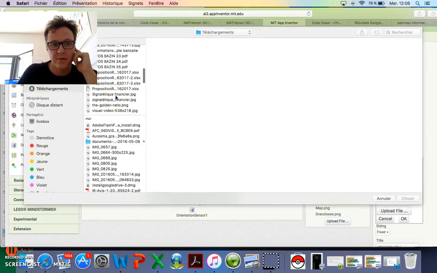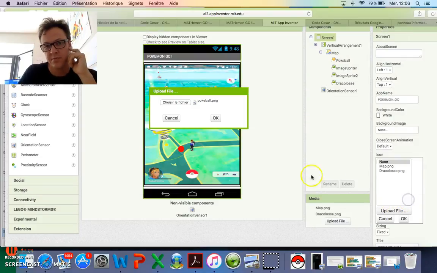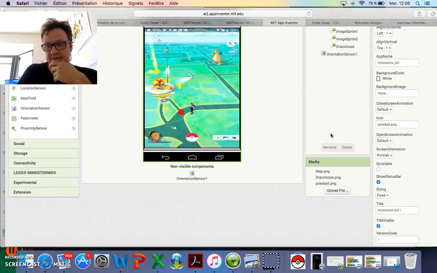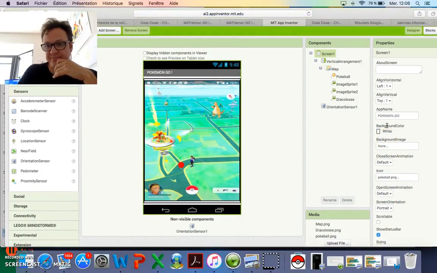So the icon can be this one, Pokeball. And well, what else? Background. I think it's okay. You can align, center everything.